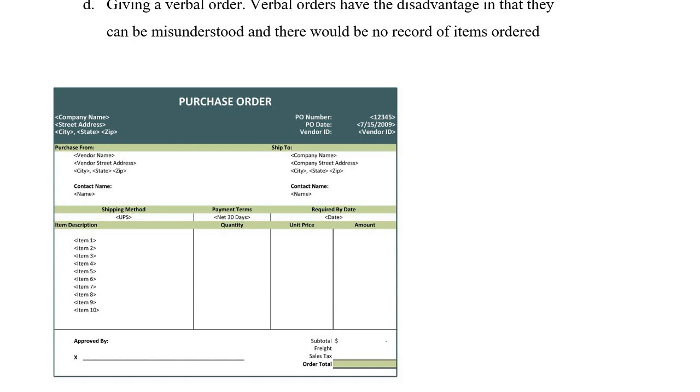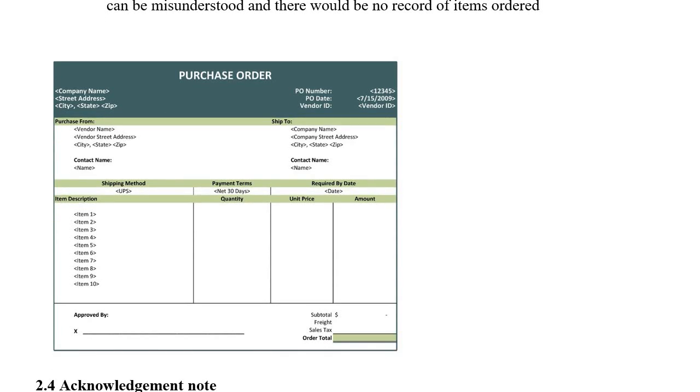So again, we have said it is sent by the buyer to the seller. So let's say purchase from, ship to. We have the item description. When the buyer wants to buy some items, he writes here the name of the item, the quantity, the unit price that was quoted in the price list, and the amount. So this is what we call an order. So let's journey and go to the next